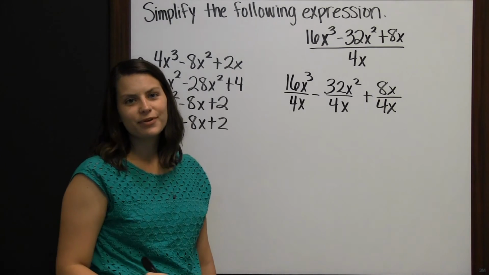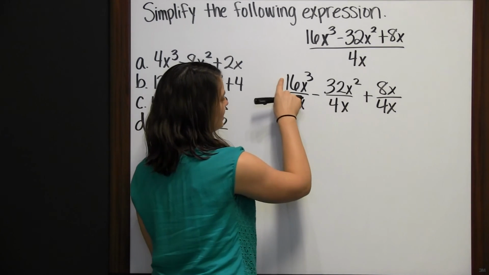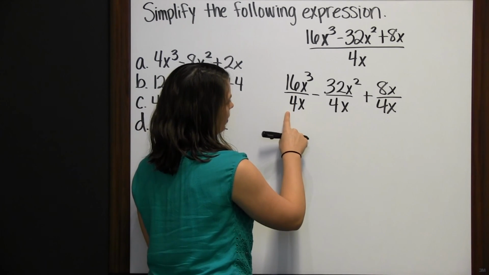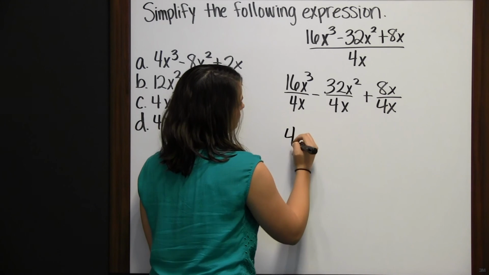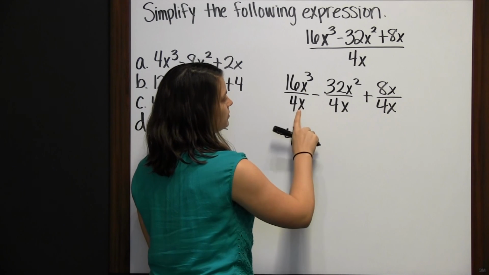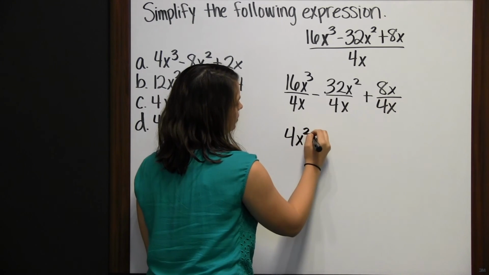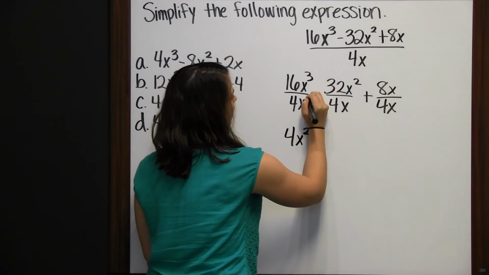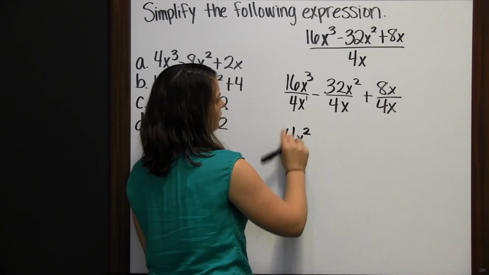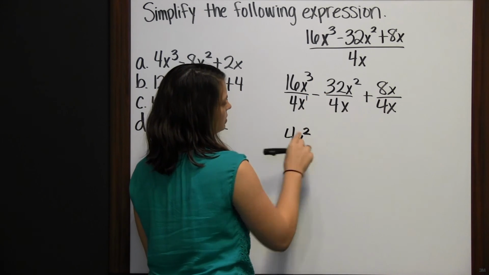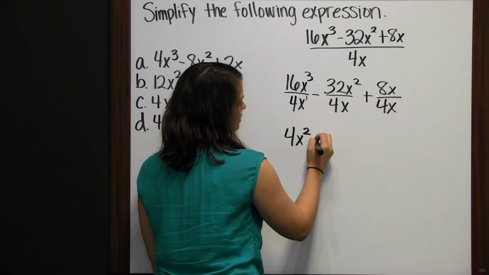And now we can simplify. 16 divided by 4 is 4. x cubed divided by x is x squared, because when you divide, you subtract the exponents. 3 minus 1 is 2. Minus